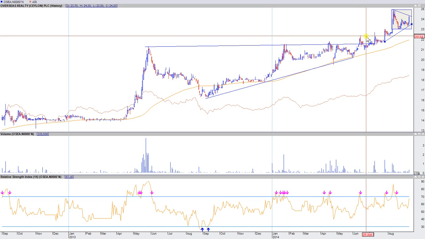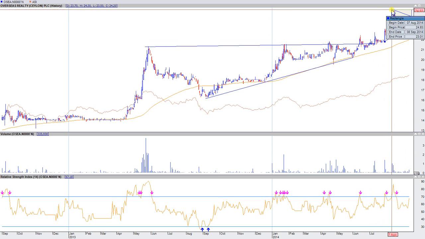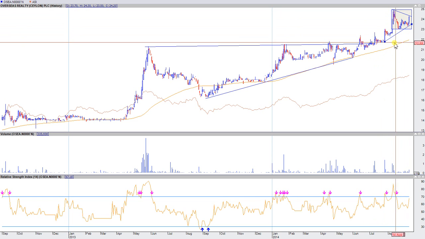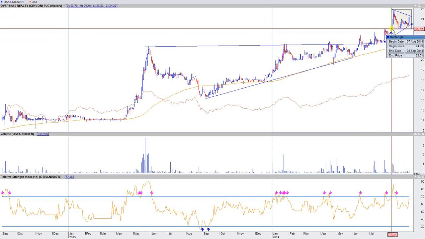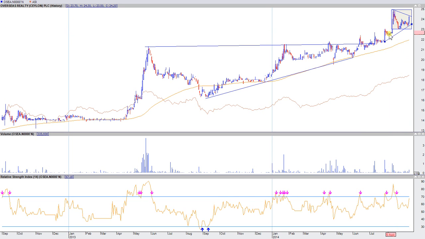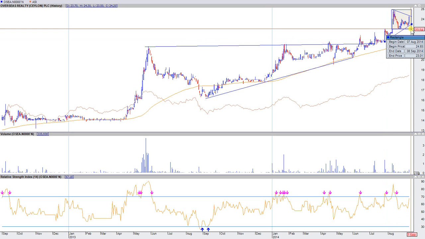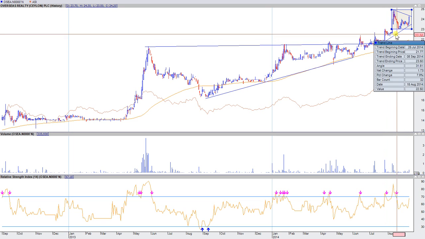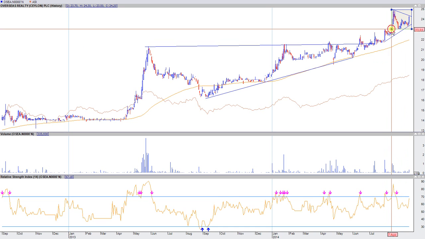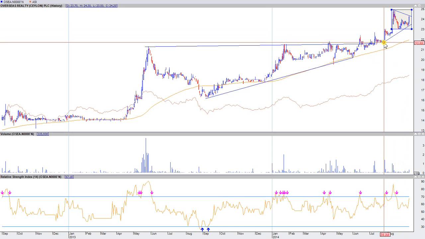Okay, now if we are going to see a consolidation, so we are looking at consolidation, could be even this level or a level around here. So I prefer, since the moving average is here, to take the consolidation somewhere here,